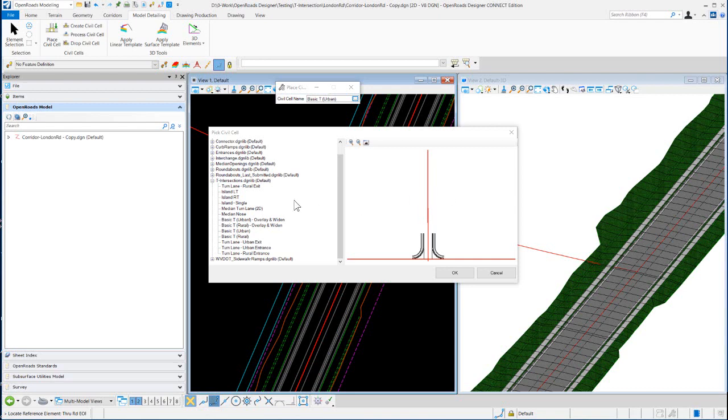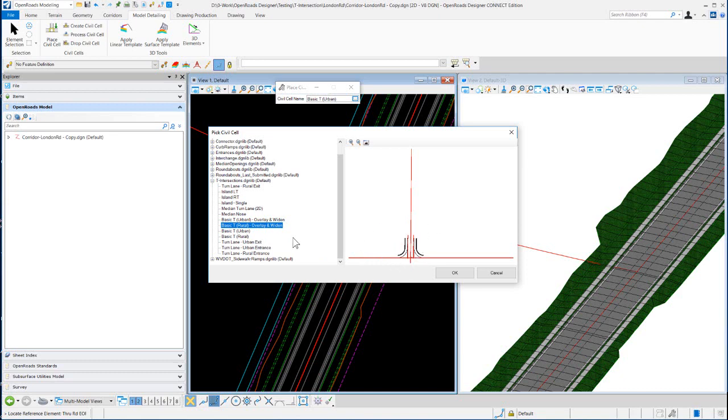Okay, so we're going to go over placement and edits of the T-intersection civil cells. These cells are kind of modular or component based, where you basically come in and choose the type of intersection you want to place. We're going to place the basic T urban, but we've also got a basic T rural. Both of these are new construction, and then you've got an overlay and widening also of the urban and the rural. After that, we'll do some modification, probably show you how to do some of the horizontal edits to the